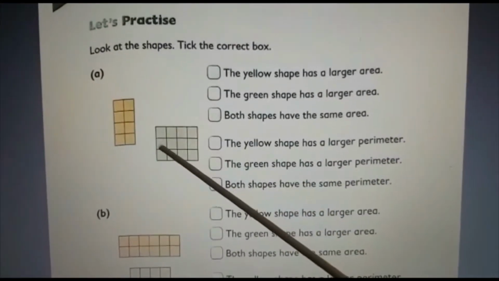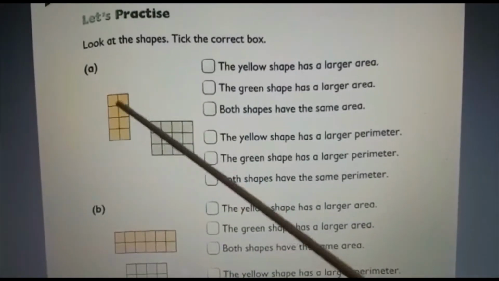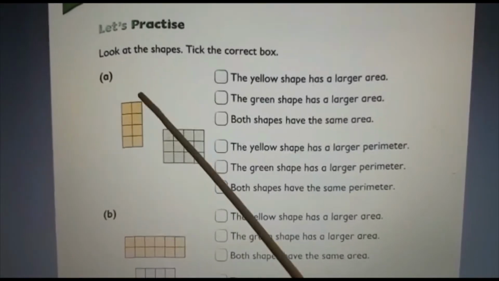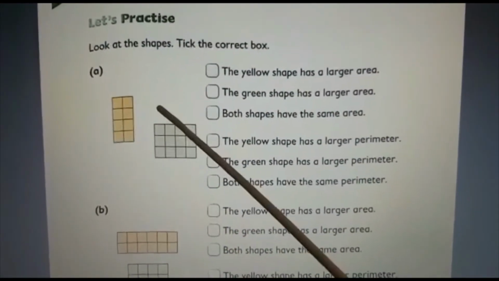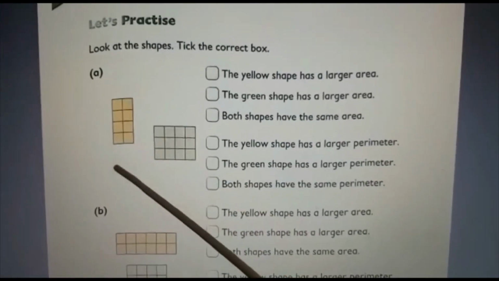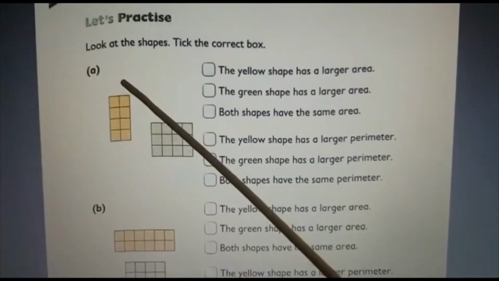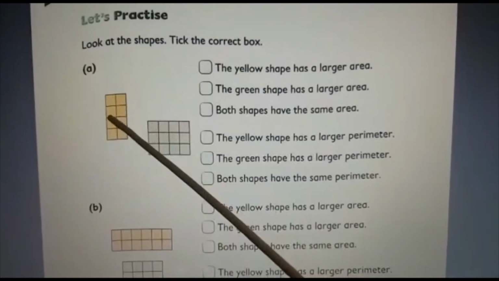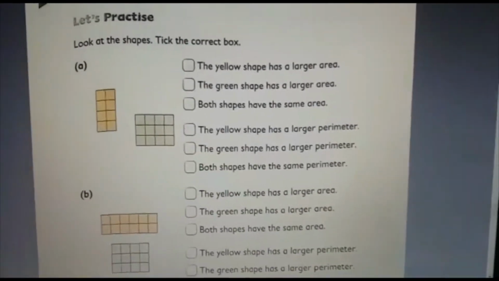So for doing this, first you want to find the area of this, perimeter of this and perimeter of this. Then only we can say the answers. Okay. So for finding perimeter, you can just see 1, 2, 3, 4 here, 4 here, 2 here, 2 here. So 4 plus 4, 8. Then 2 plus 2, 4. So 8 plus 4 is 12. Or you can just do 2 times length plus 2 times width. And here also for area you just count the inner portion. So like that you can find both area and perimeter of all the shapes.